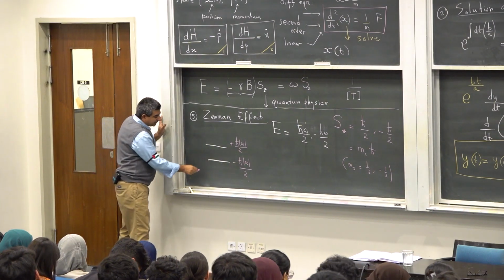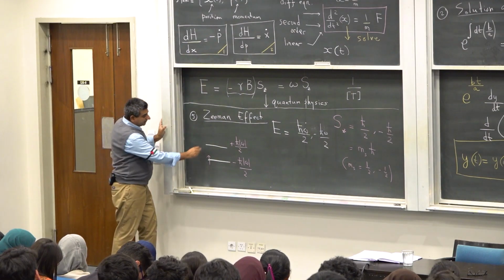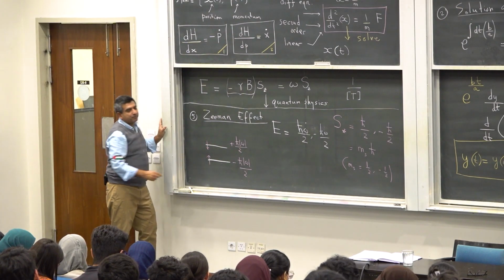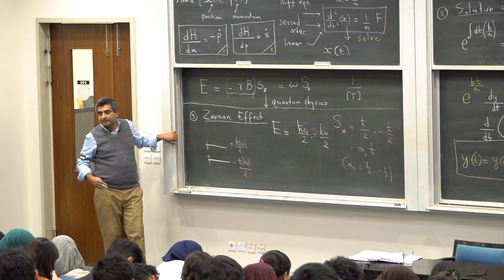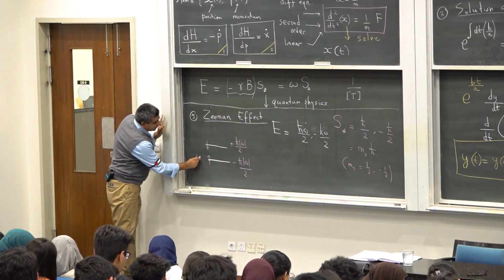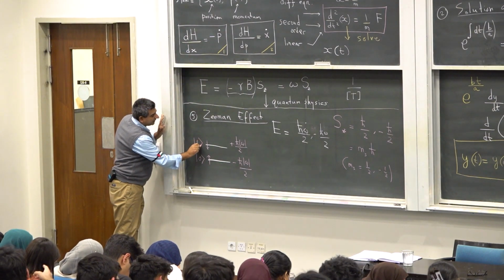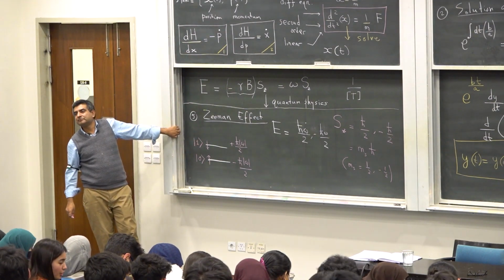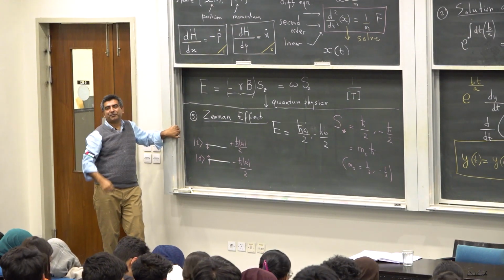One corresponds to the spin pointing up, parallel to the field. The other corresponds to the spin pointing opposite to the field. One can be called ket 0, one state. The other state of the spin can be called ket 1. One is parallel to z, the other is anti-parallel to z.